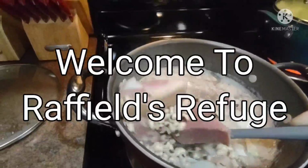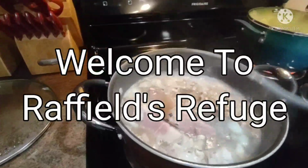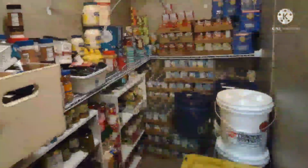We got some black-eyed peas right here and ham. Also, we got some